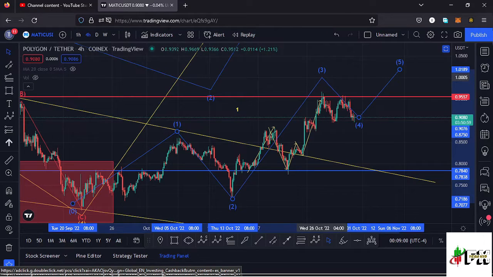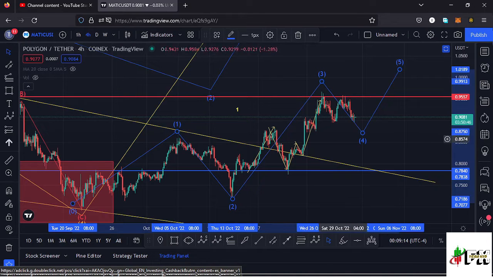So there's a high possibility that the high was in at around the $0.96 mark, and whatever we are seeing over here is just a bit of a pullback to the lower side in what is forming a fourth wave to the lower side. And assuming the high was in at that point, we can sketch out a target area